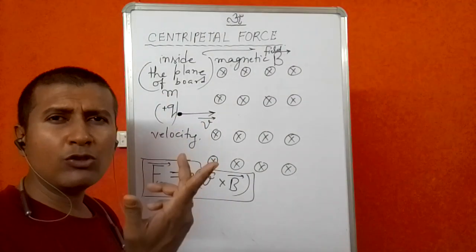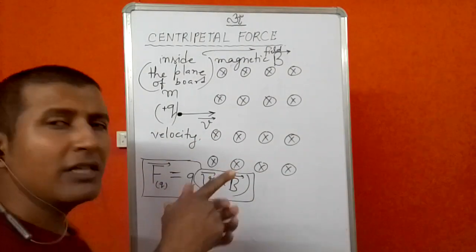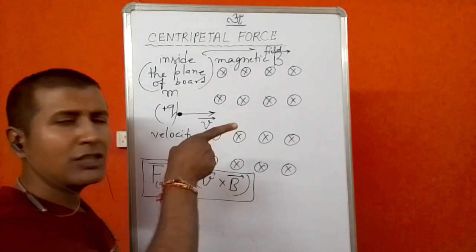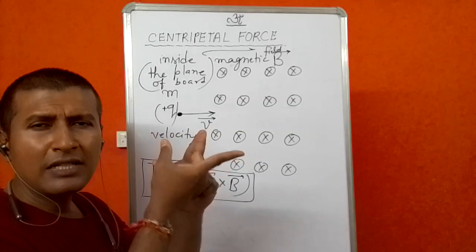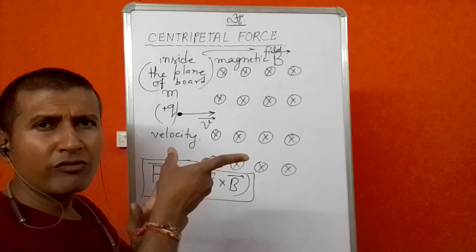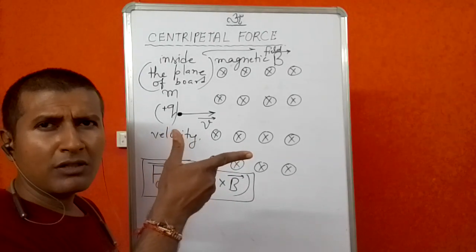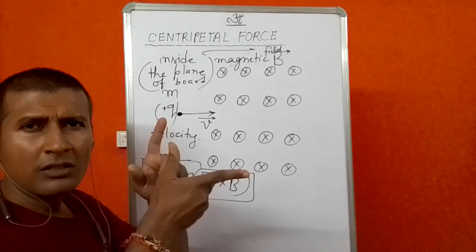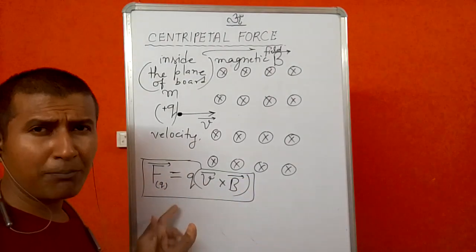Let's suppose we are going to apply the right hand rule. In the right hand rule, this particular finger will be directing the direction of the velocity, and this finger represents the direction of the magnetic field, which is inside the plane of paper, right? So this thumb will be representing the force applied on the charge,